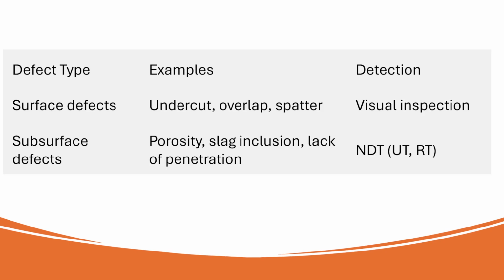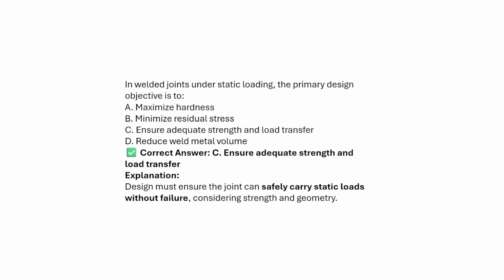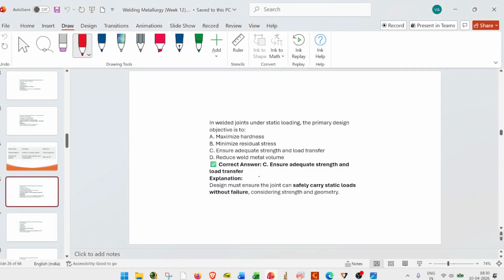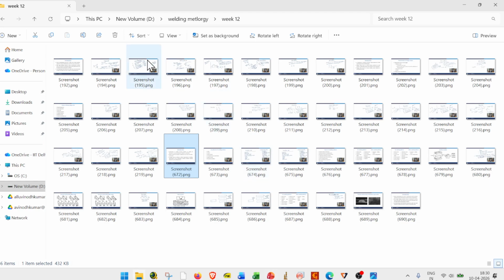Okay. So some of the key points: the surface defects like undercut, overlaps, spatter, those are visual. We can find them by visual inspection. Subsurface defects like porosity, slag inclusion, and lack of penetration, we can find by non-destructive testing like ultrasonic testing, radiography testing, such kinds of tests. Okay. Next, we will see the third lecture's slides. Then we will come back to